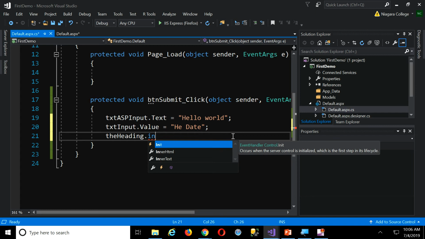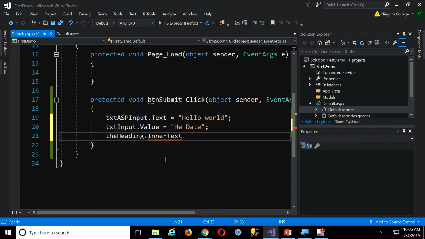Now, because it is a regular element, it has inner HTML or inner text. I could use either one because I'm just setting the text property. Inner HTML then allows you to actually include HTML tags. It doesn't make sense in an H1 to throw in tags unless you used something like strong, I suppose. So the inner text of this element, and you can do the same with a div or anything like that as well, equals